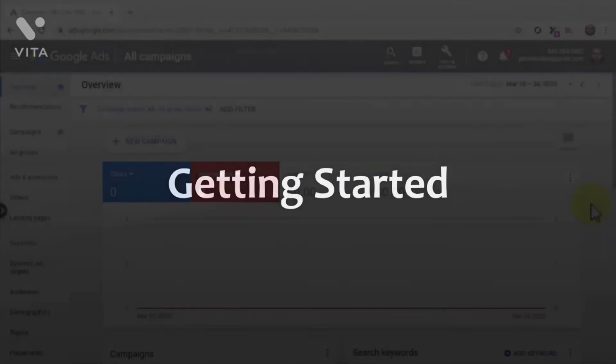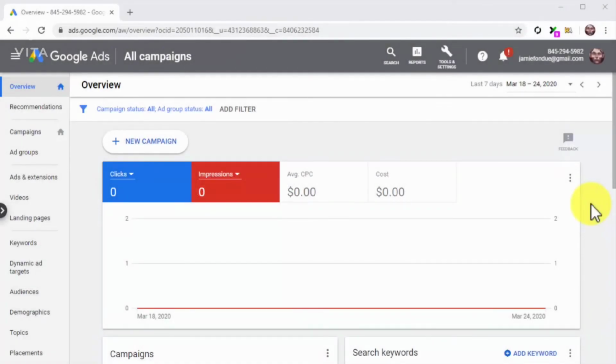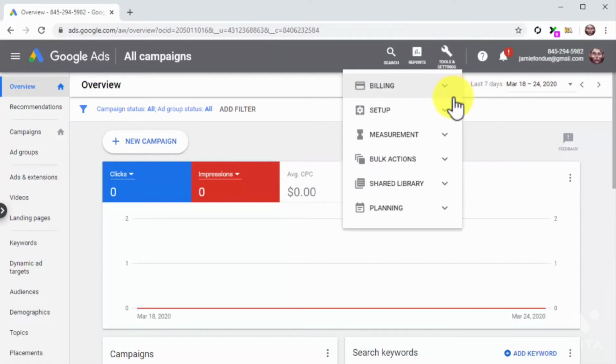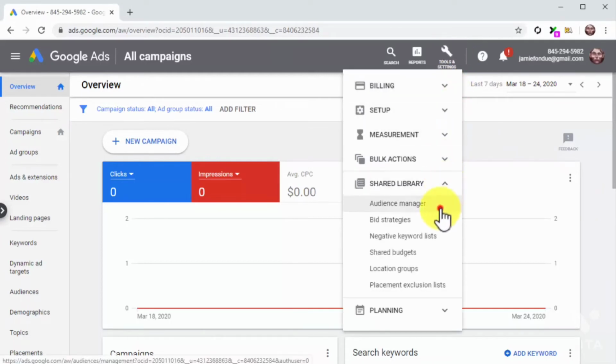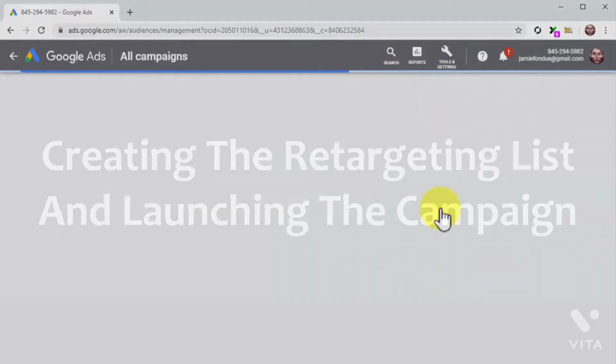Getting started. You can create a customer retargeting campaign on YouTube by adding viewers that have shown interest in your product and sales videos to a retargeting list. This way, you can retarget them with more content from your channel until they convert. For this, start on your Google Ads dashboard, and from there, click on the Tools and Settings option in the top bar menu. Then click on the Audience Manager option.